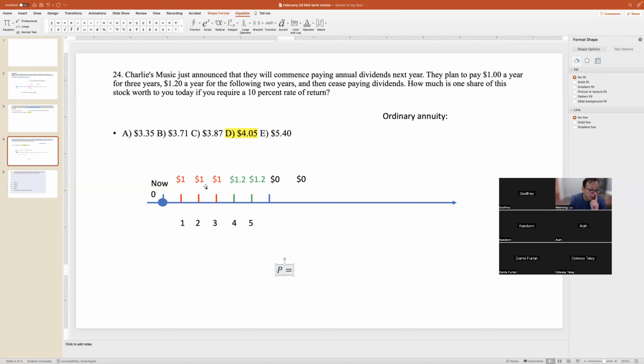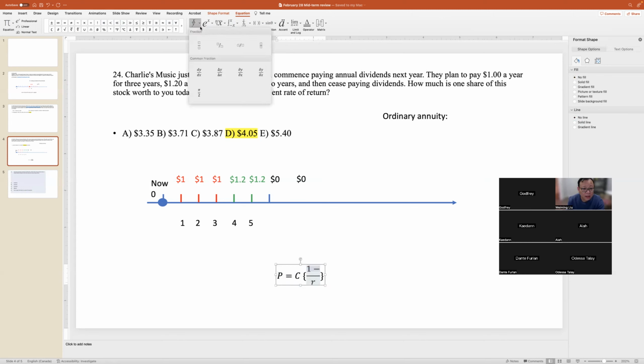Yes, Dante, that's correct. The $1 is the C, your payment, and then you have a bracket. Within the bracket, it's a division. In the denominator is the required rate R. In the numerator is the subtraction, 1 minus